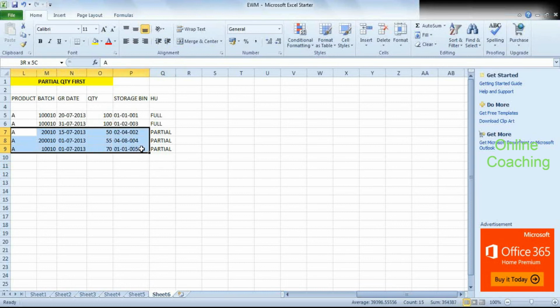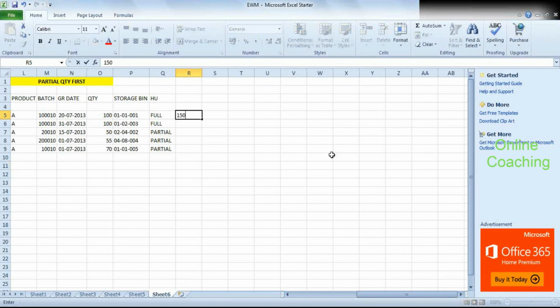So these three HUs are partial, and these three are full HUs. Whenever I'm using a partial quantities first scenario, let's say I need to pick 150, my quantity to pick is 150. In that case, the system will first sort it in such a way